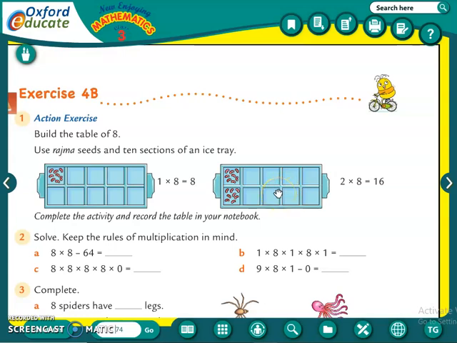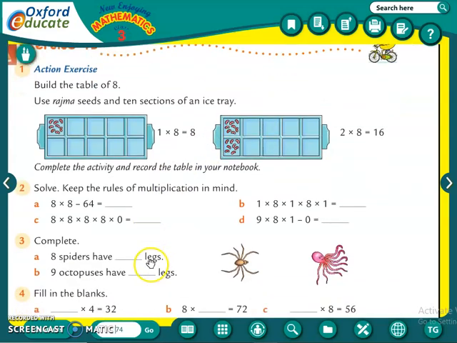See, here in the first question, one activity is given. You have to take an ice tray, or you have to take 8 beans of राजमा सीड्स. आपको लेके आइस ट्रे जो होती है उसमें एक एक बॉक्स में आपको 8 राजमा के दाने डालना है. तो उस तरह से भी आप 8 का टेबल कर सकते हैं. तो ये एक्टिविटी है वो आप अपने घर में कर सकते हैं. ओके.